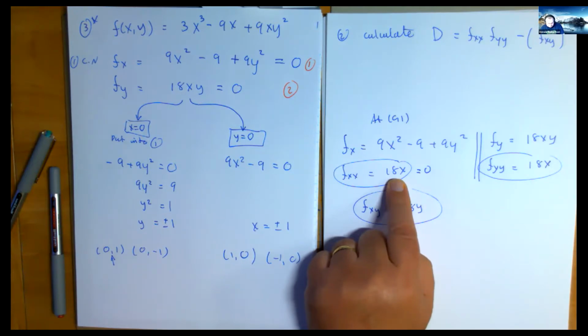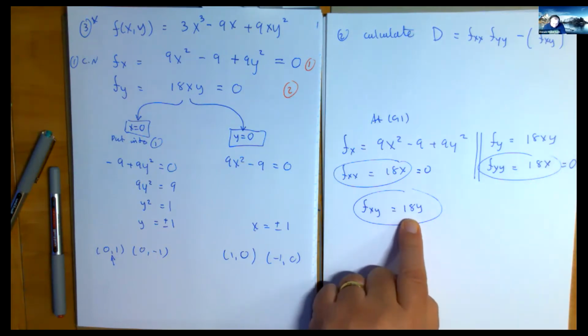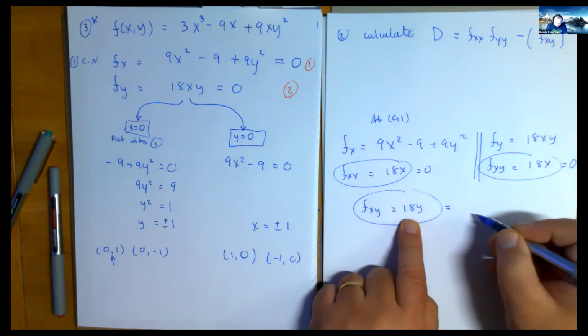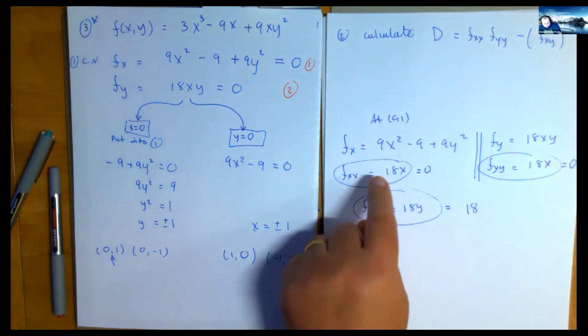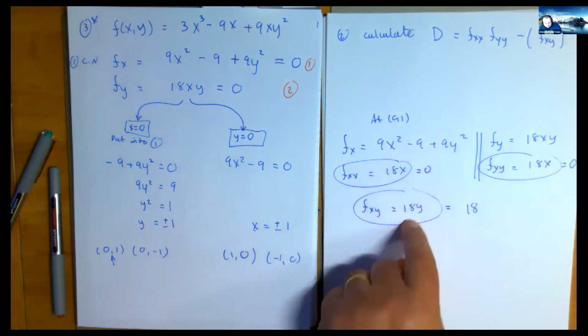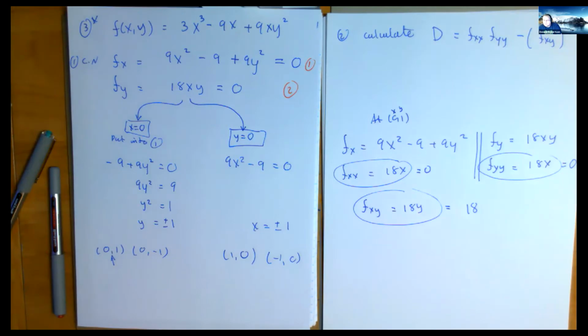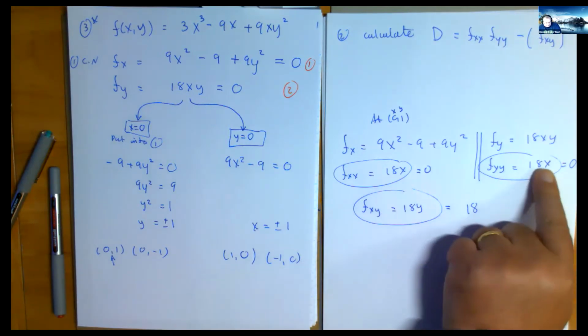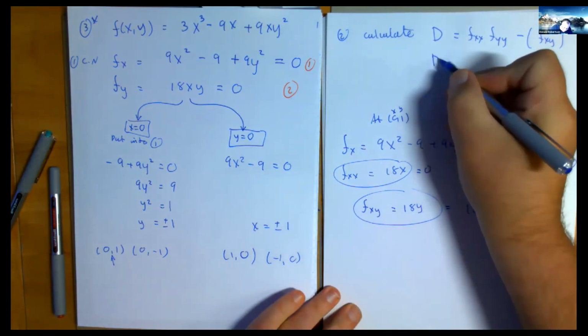Agreed? This guy here is 0. And this guy here, what's he going to be? He's going to be 18. Are you happy about the value of these three fellows at the point 0, 1? Are you comfortable that I did it right? Because you know I screw up sometimes. 18 times nothing, 18 times nothing, 18 times 1. So that makes D, right, at the point